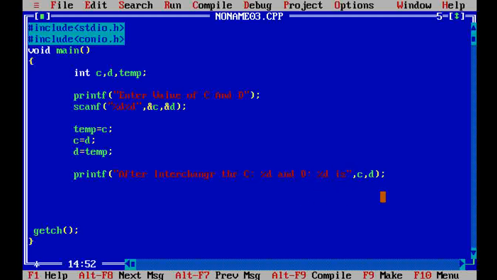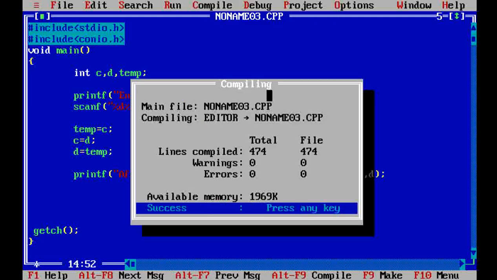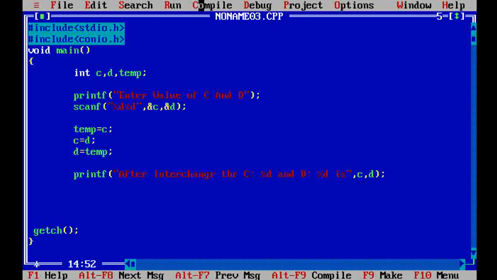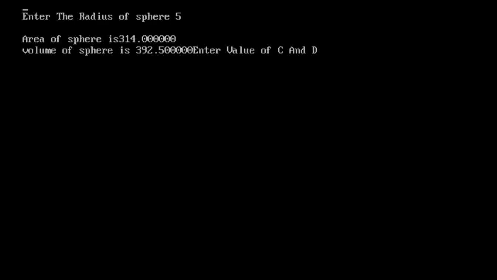Then space is given here. We check the output. So first we compile, then execute the program. Enter the value of C is 10 and D is 20. After interchanging, C will be 20 and D will be 10.